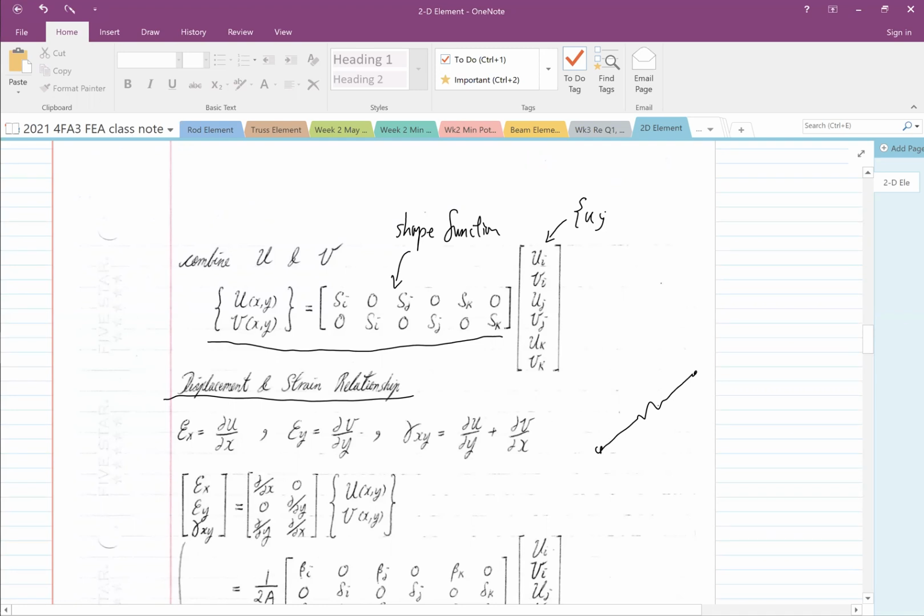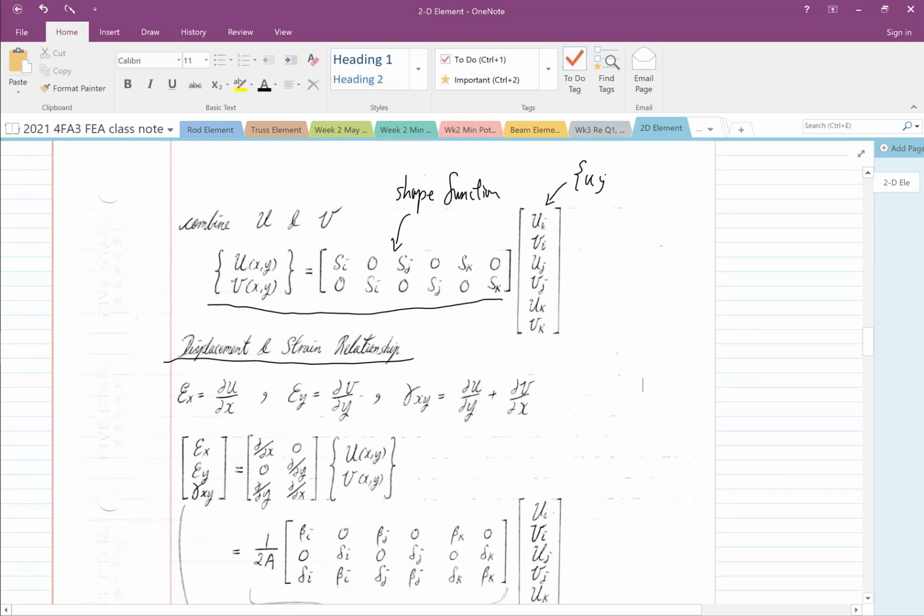Okay, it moves in X and Y, but it doesn't study the relationship. When you squeeze something in the X direction, it doesn't change anything in Y because it's 1D. But now we're in 2D elements, right? Every time we squeeze something or we stretch something,